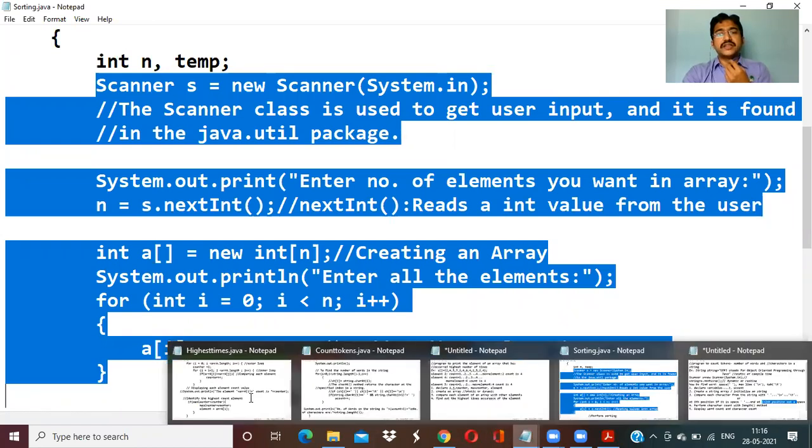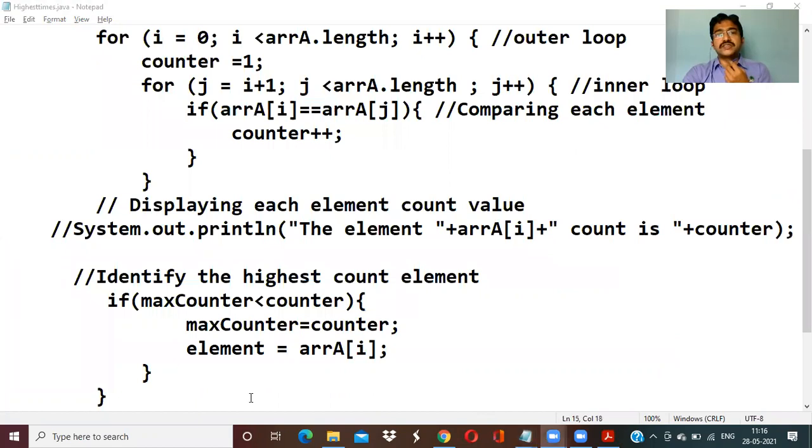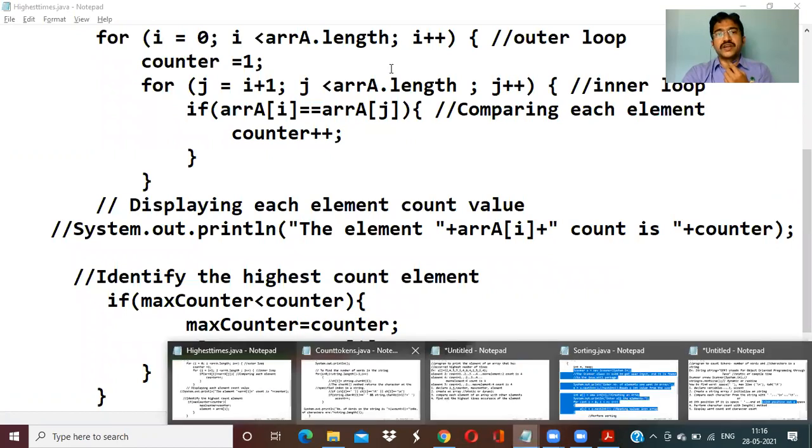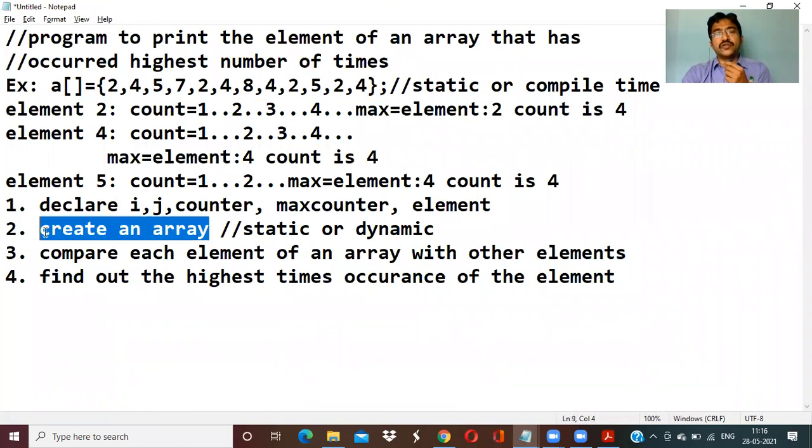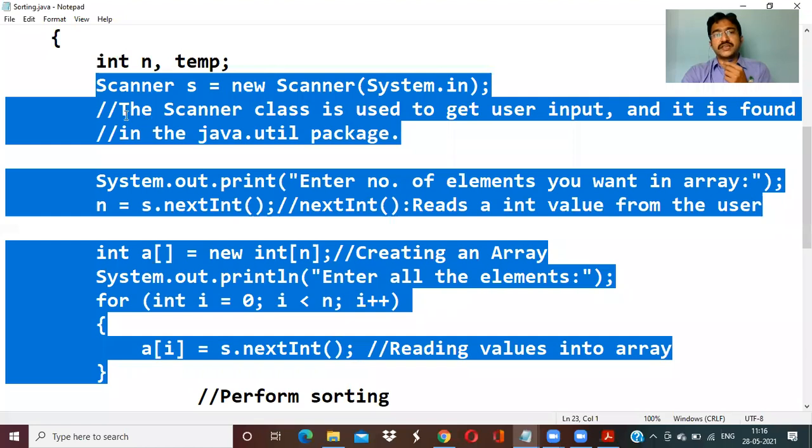If you want to create an array dynamically and read the elements, you just copy all these steps: the scanner, reading the n value, creating an array, reading the n number of elements into the array.